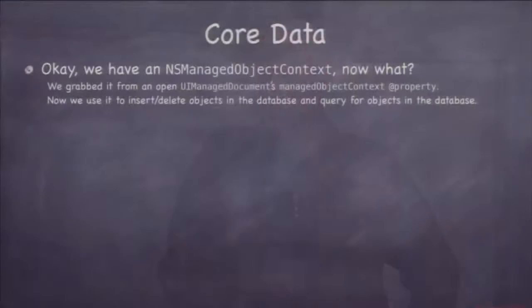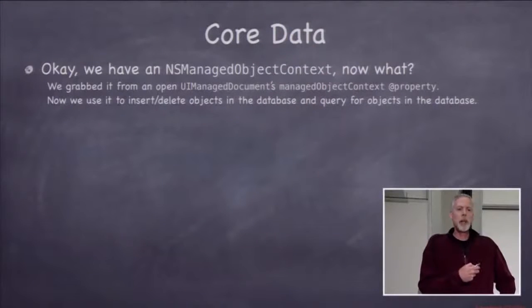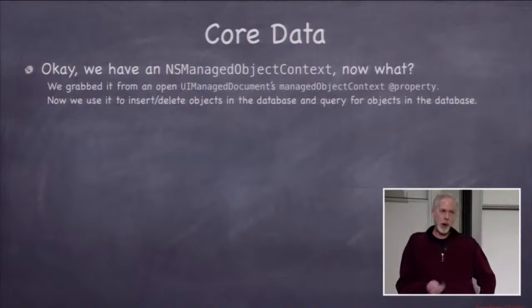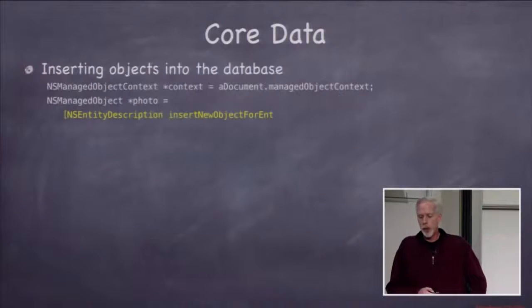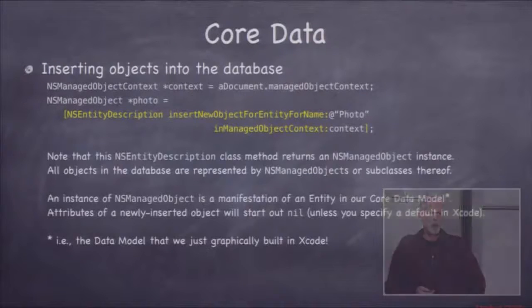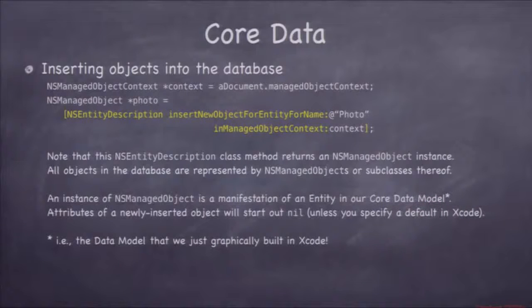All right, so now we have an NSManagedObjectContext that we got from our document. What can we do with it? Well, we can insert and delete objects, we can change attributes, and we can query for objects. So let's talk about doing all those things. Let's start with inserting. Let's say I want to put a new photo or a new photographer into the database. I do that with this method right here. It's a class method on NSEntityDescription called insertNewObjectForEntityForName:inManagedObjectContext. So you can see